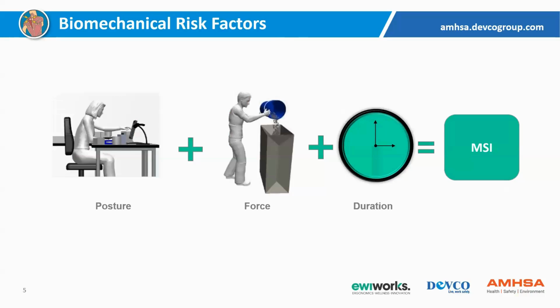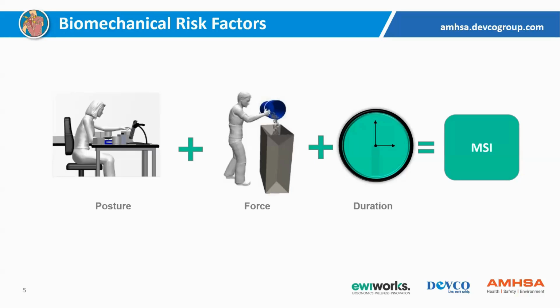When we look at the biomechanical risk factors, the primary things that we are interested in are what posture we've adopted, how much force is required, and then the repetition and duration rate on that. A simple example of that is if we ask you to lift 20 pounds in a neutral posture once compared to 20 pounds in an awkward posture. If we add an awkward posture to the weight, it becomes more difficult. If we ask you to do it 20 times instead of one time, all those things increase the likelihood of